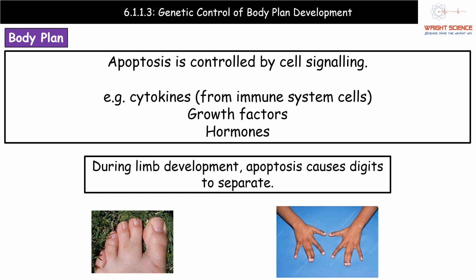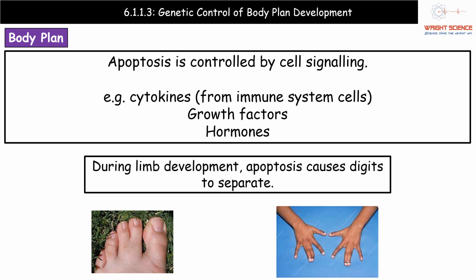But in those early days, your fingers and your toes were not the individual little digits that you probably have now. Instead, they were actually very webbed together. So they were actually more joined, almost like little fins and flippers more than anything else. And what we then have is, as you go through that development cycle, you get to a point where we want them to separate. And therefore, all of those bits of webbing between your fingers and toes, they're just cells. We need them to die. So we need apoptosis to take place, kills those cells off, removes them from the area,